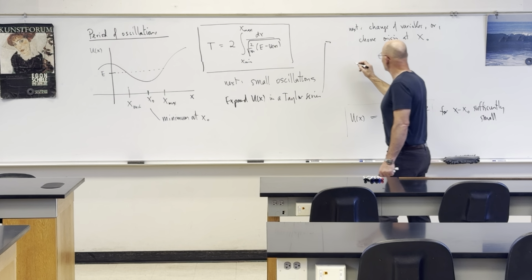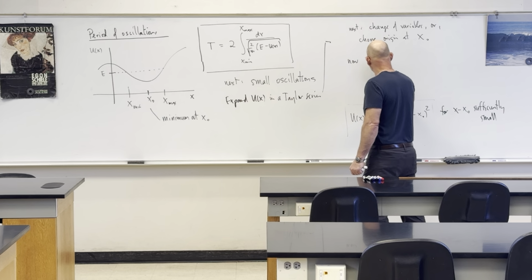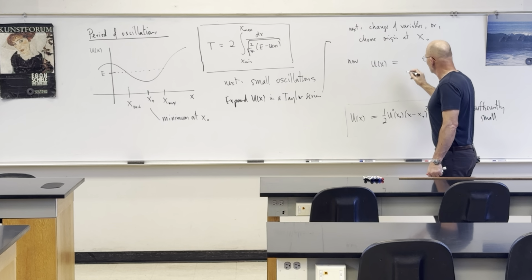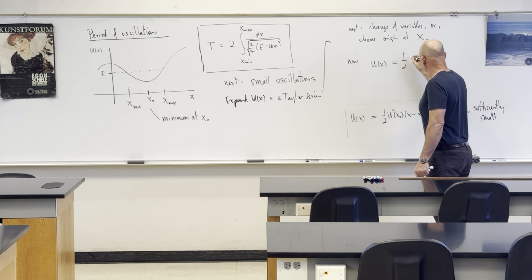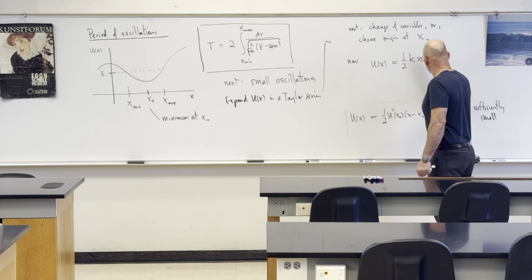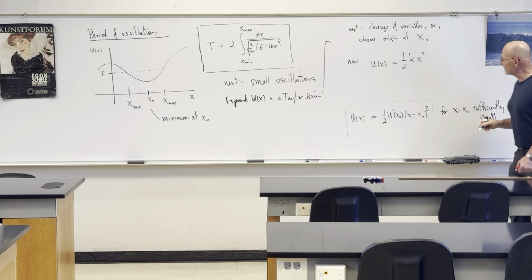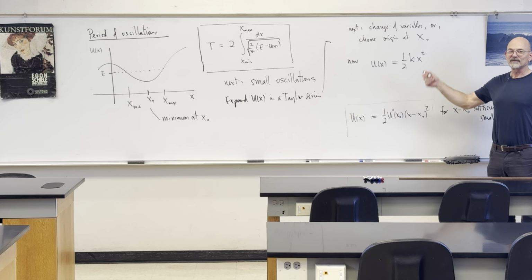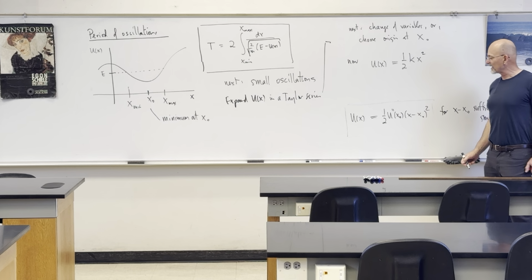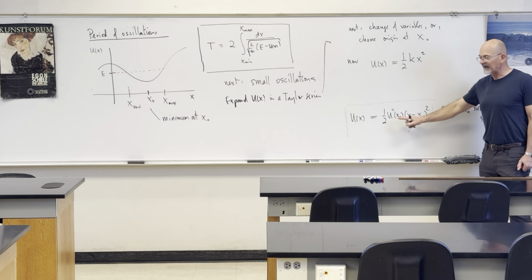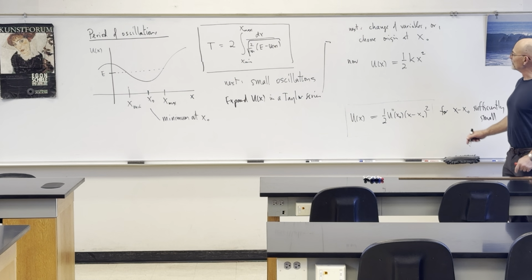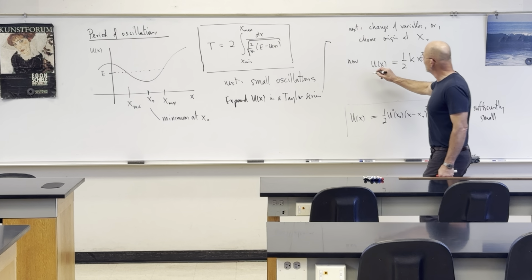Then we have now u of x, I'm keeping the same letters, 1/2 k x squared. Did you guys see that coming? K for spring constant, right? That's what the spring constant really is. It's the second derivative of your potential energy function at the equilibrium. So yeah, now we have